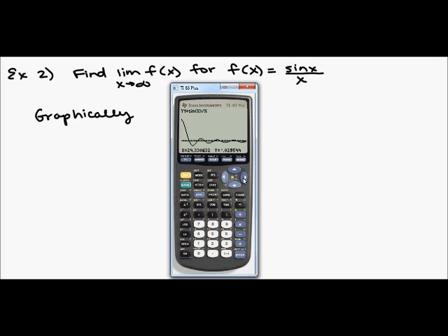So we are getting closer and closer to 0, even though we're oscillating, and the same is true in the other direction. So if we go back this way, you can see the same thing happening here. We're going up and down and getting closer and closer to